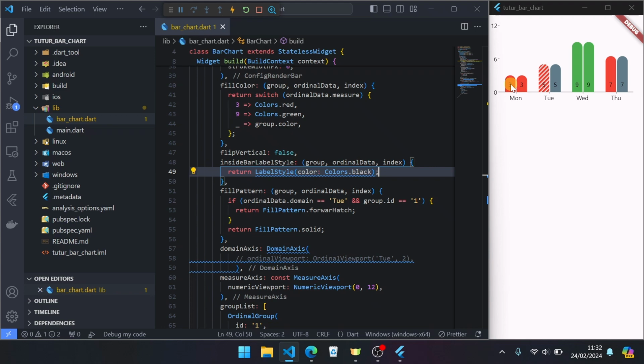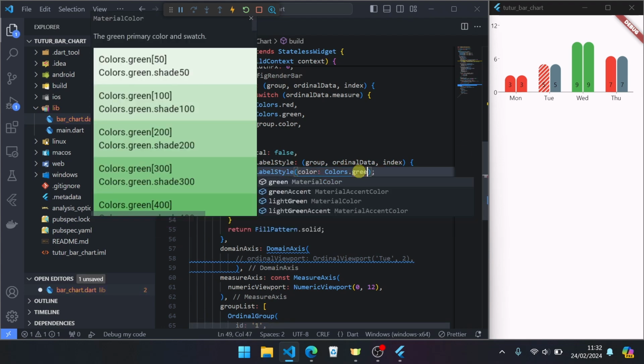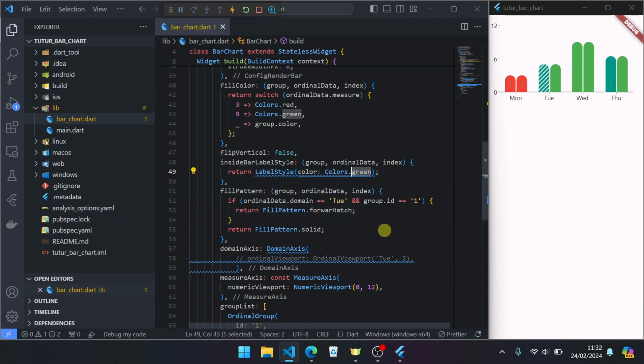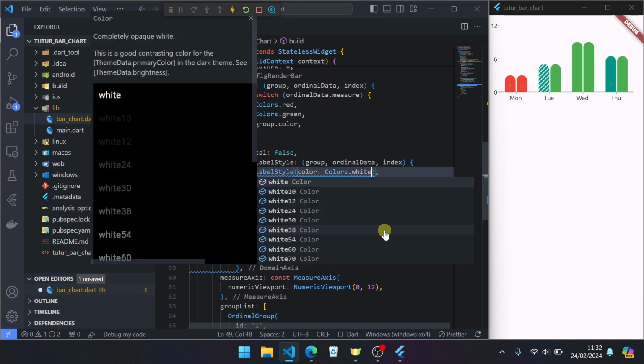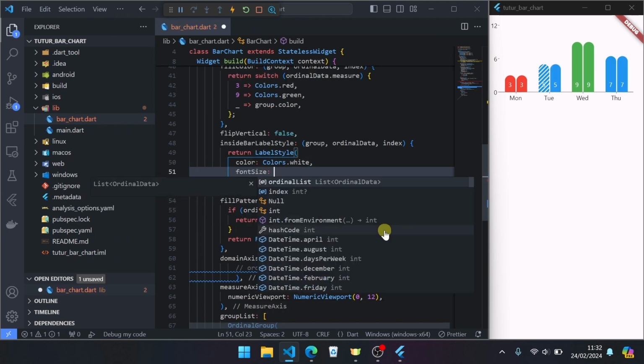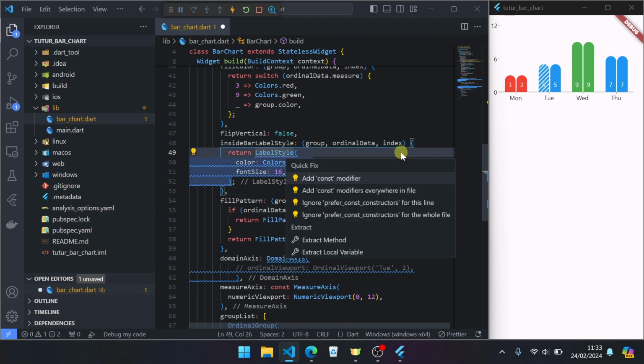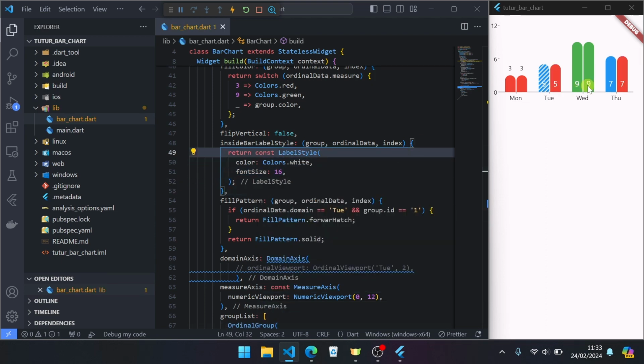Now text is black, or green, for example, like this. Go back to white, and for font size, if we want it bigger, the default font size is 12, so we can set 14, 16, and others.